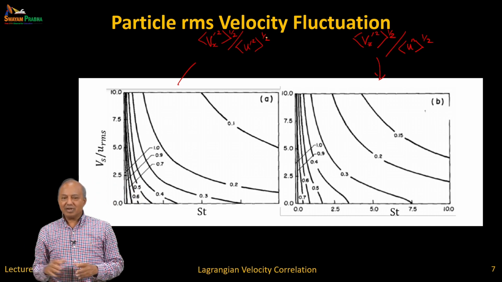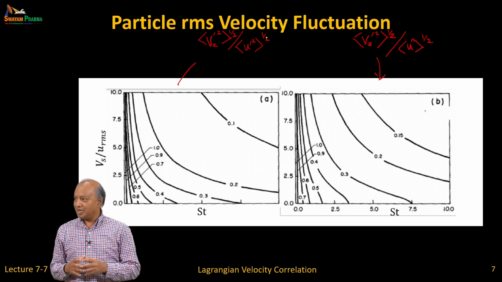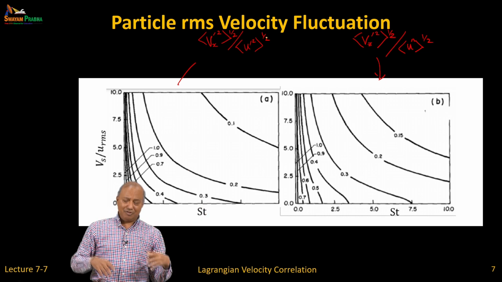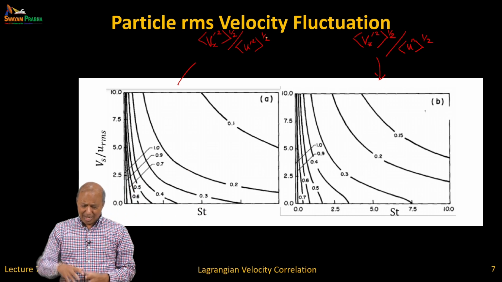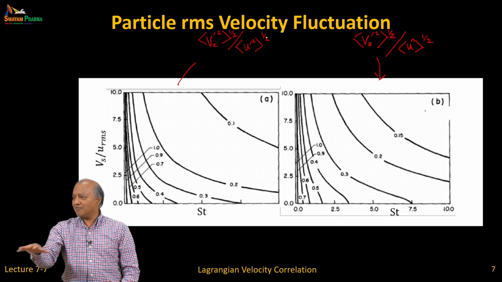What is the vertical velocity fluctuation? Is it as big as the fluid velocity fluctuation? And what is the horizontal velocity fluctuation? So now there is a difference. Even though the fluid is isotropic, since the particles are falling down, the vertical direction is different from the horizontal